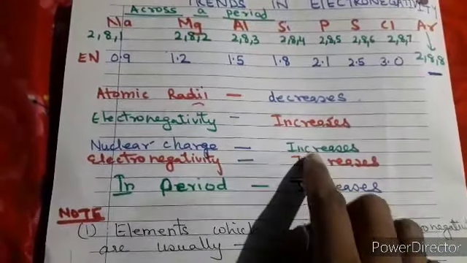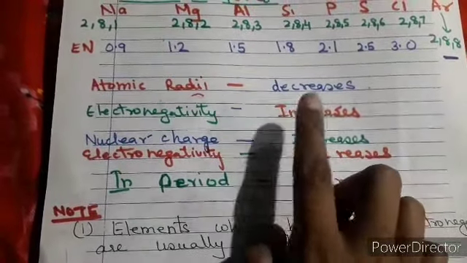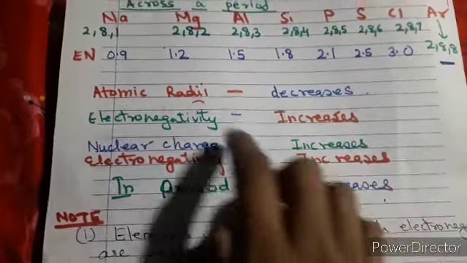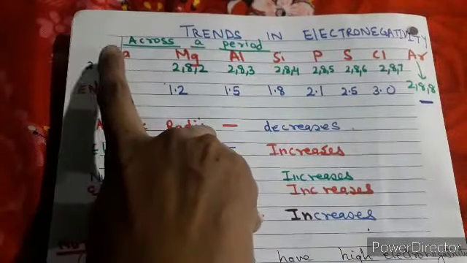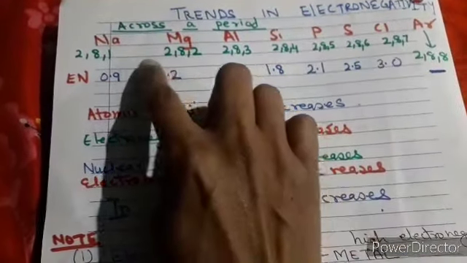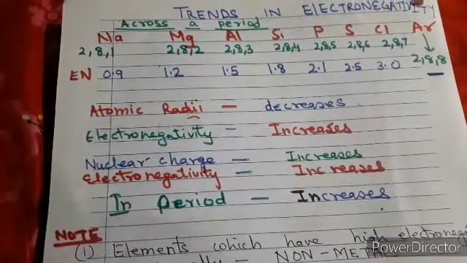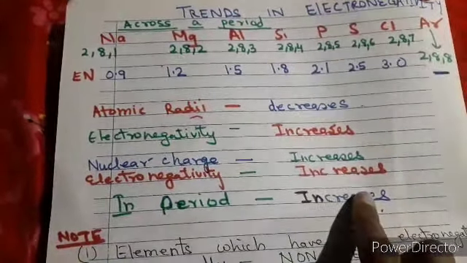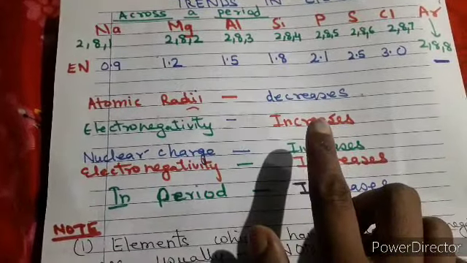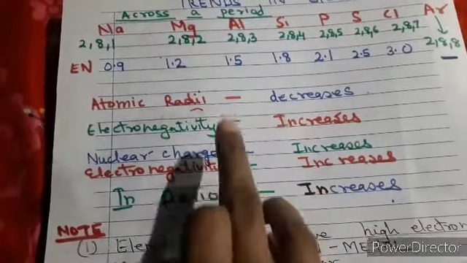Now in both the terms we have seen, whether it is atomic size or nuclear charge, every time the electronegativity is increasing. So what we can see, when we move from left to right, we read the period in this manner. When we move left to right in a period, electronegativity increases. Now I think the concept is clear to you all, how and why it has been increasing, because you have to focus on these two factors.